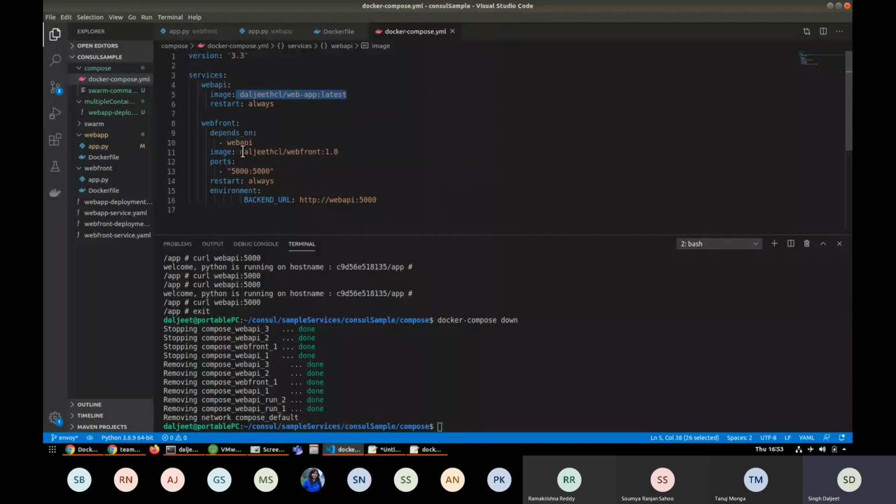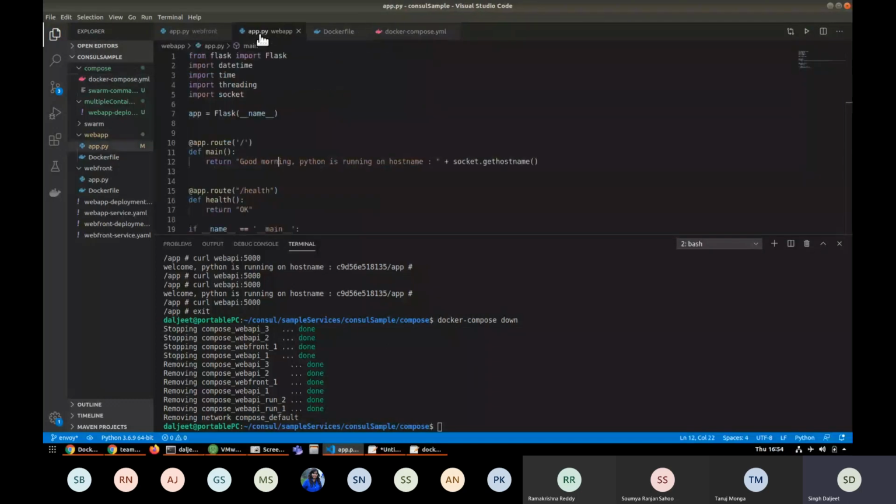But what I can do in the Docker compose is, instead of copying the change, use something called volumes. I can share a volume from the host to the image. So where did I make the change? I made the change in web app. So what I will do is, the syntax for